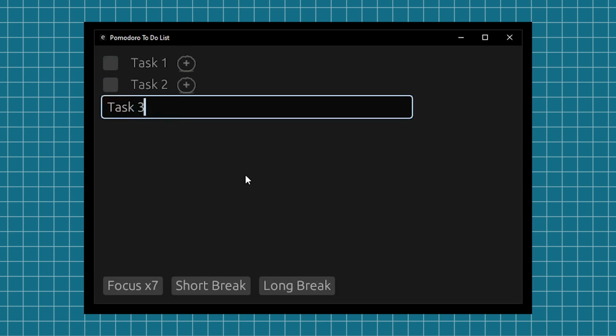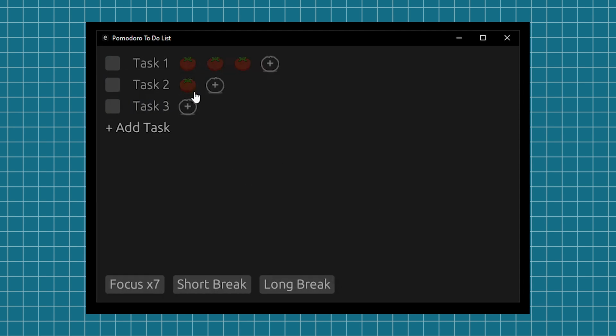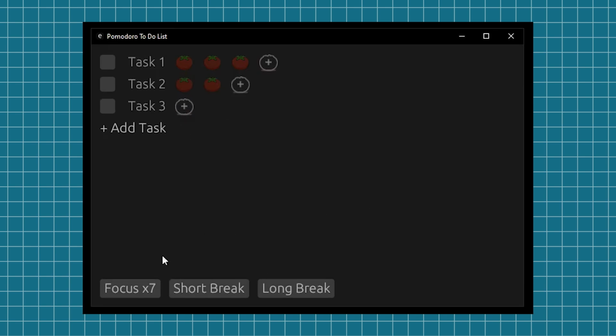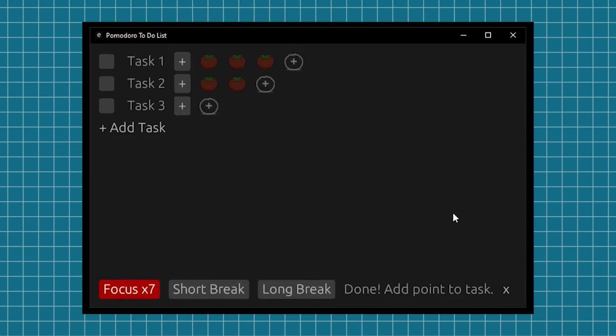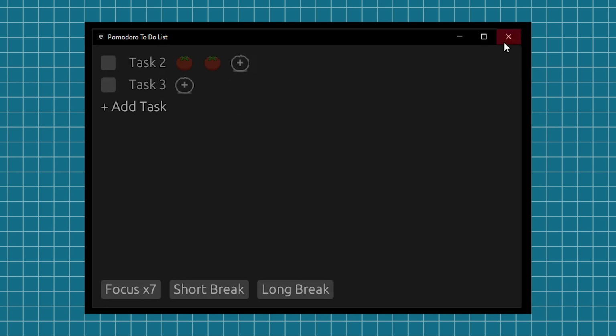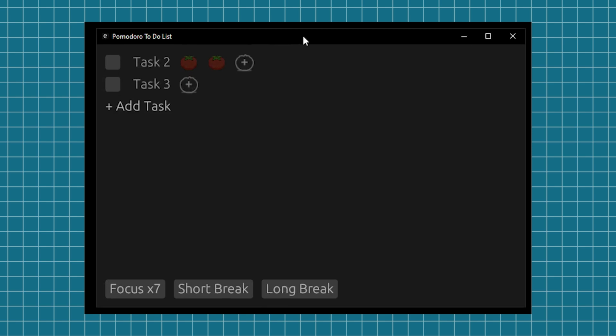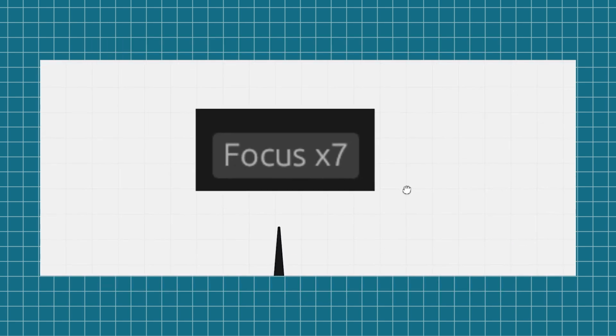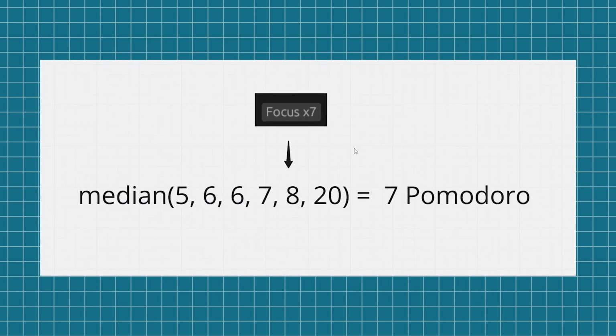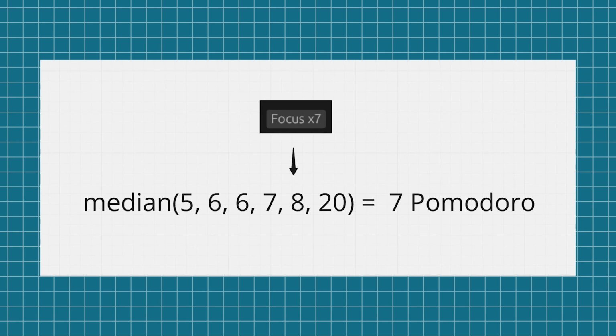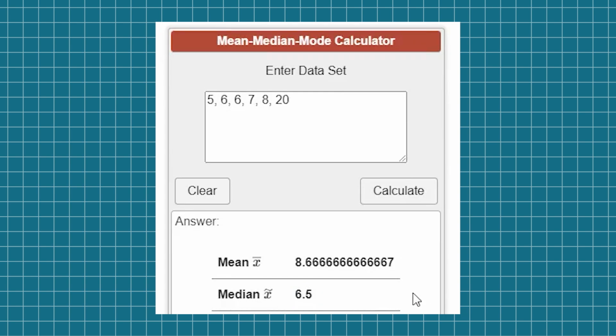You can add and remove tasks. You can set an estimate for how many Pomodoros a task will take. You can start a Pomodoro, break or long break. You can also cancel the timer. When a Pomodoro is over, you can set for which task it was, and completing a task hides it. Data is saved when you close the application. The button for starting a Pomodoro has an estimate of how many you have until the end of the day based on your previous history. The estimate is not the average but the median, because the data will not be consistent. Some days you don't feel like it, others are very productive.